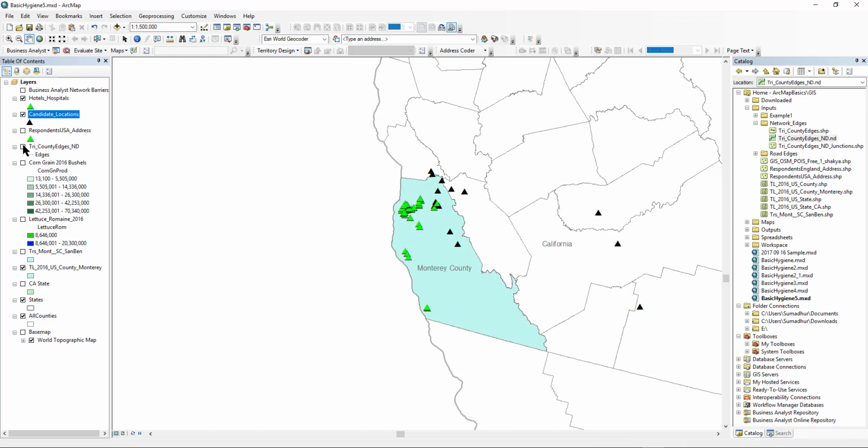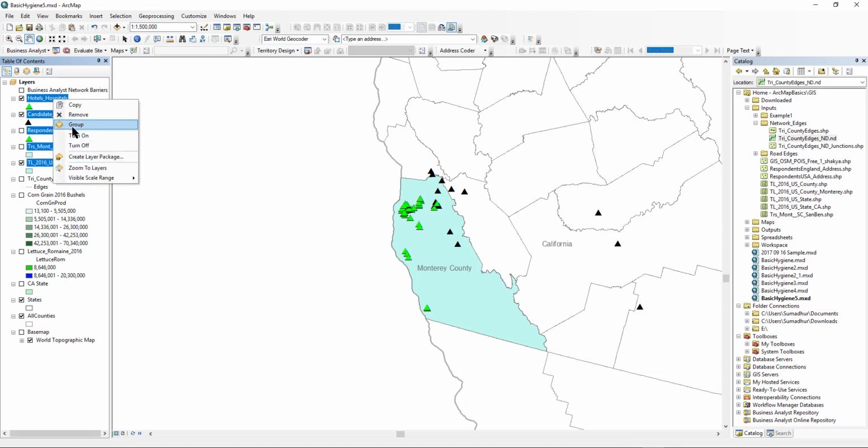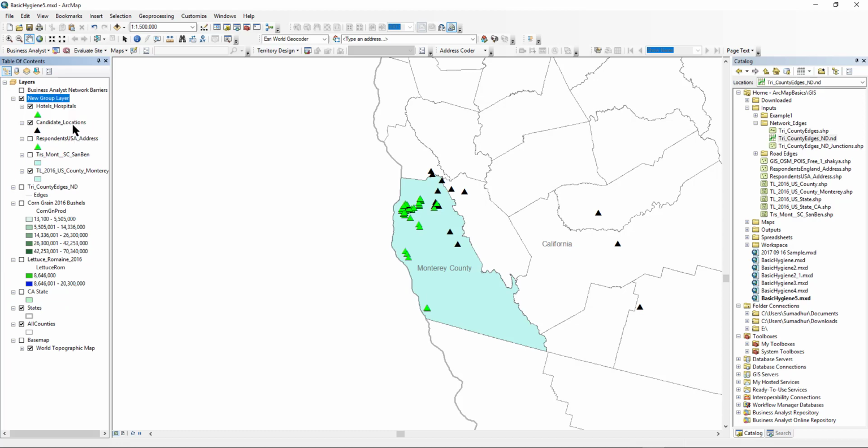I'm going to uncheck the edges for now, and also uncheck the Monterey County. First I'm going to bring this one here and also this Monterey County here, and I want to group these four files together